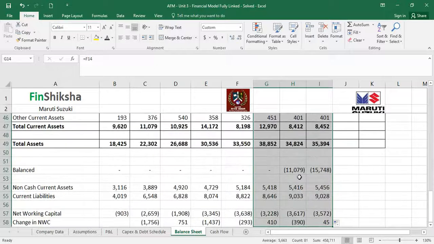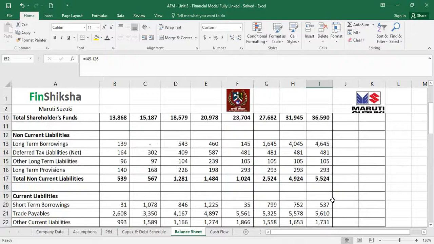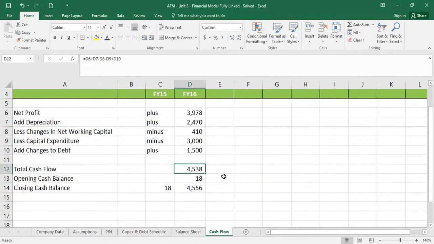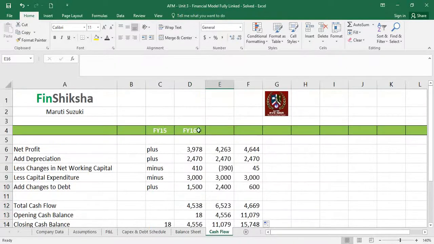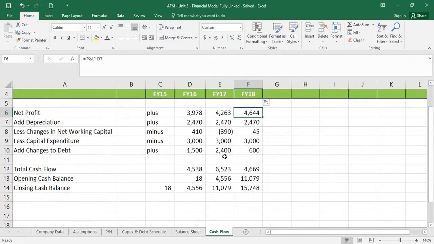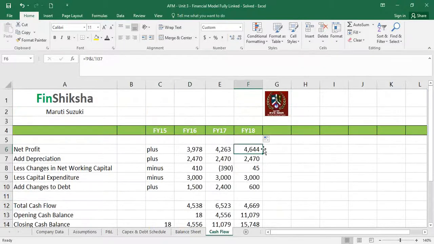But ideally, if the model is built correctly, when you drag the cash flow, your cash number should take care of everything else, right? So if I drag this for 2 years, it should take care of my overall numbers, right? So what did we do? We just copied and pasted all our calculations for subsequent years, and we should now see possibly that our balance sheet should balance. So if we have linked everything correctly in the model, and we have just dragged these formulae ahead,